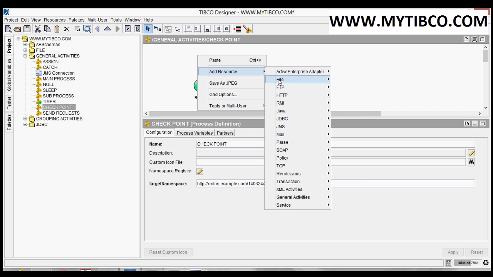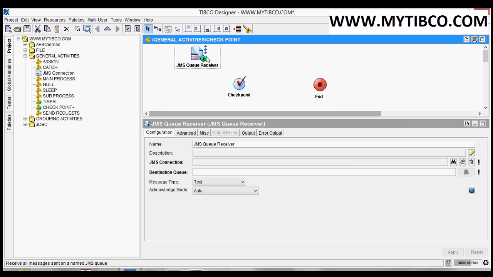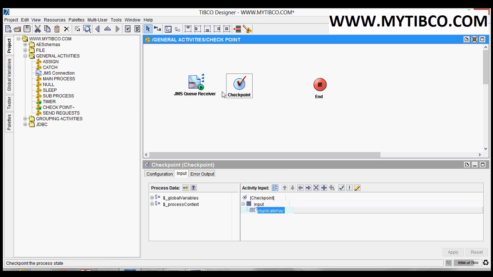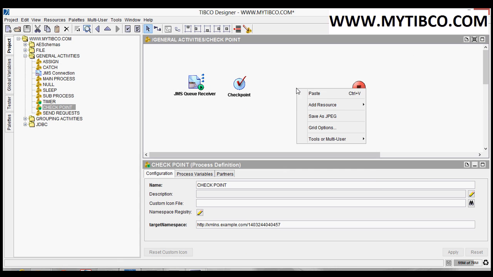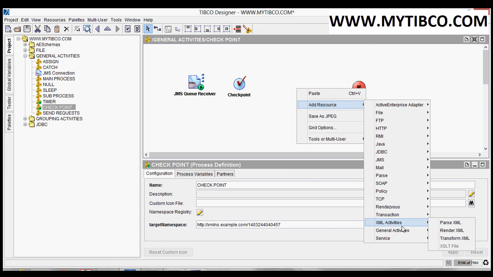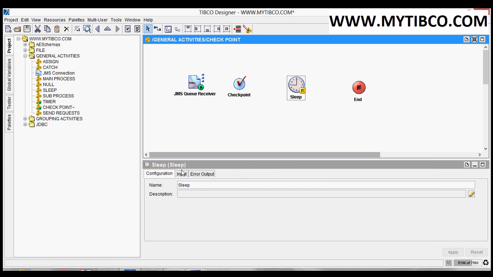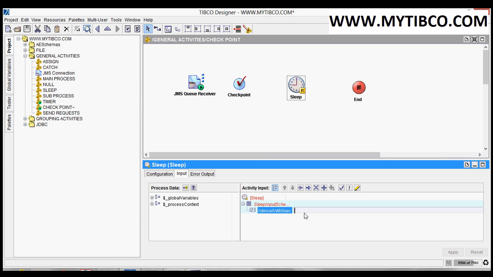Here I am taking JMS receiver. If you want this checkpoint to detect the duplicate request, we should keep the checkpoint after a receiver. Now I am adding one more activity which is sleep. I am giving sleep time as 5 seconds. Click on apply.